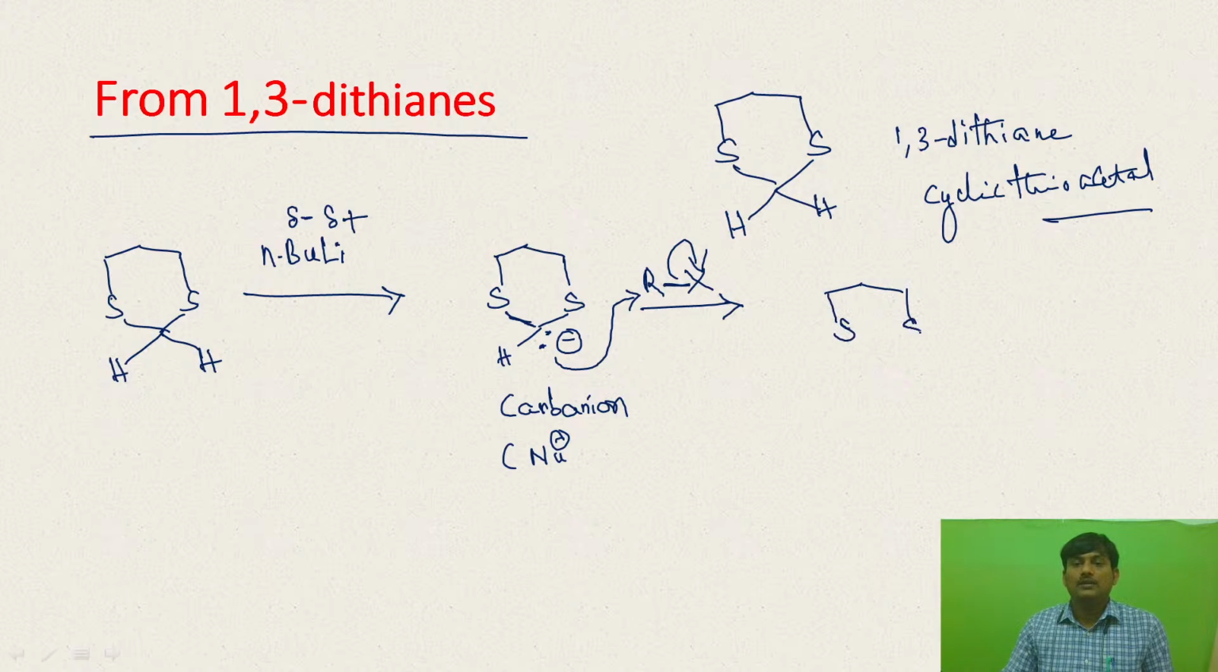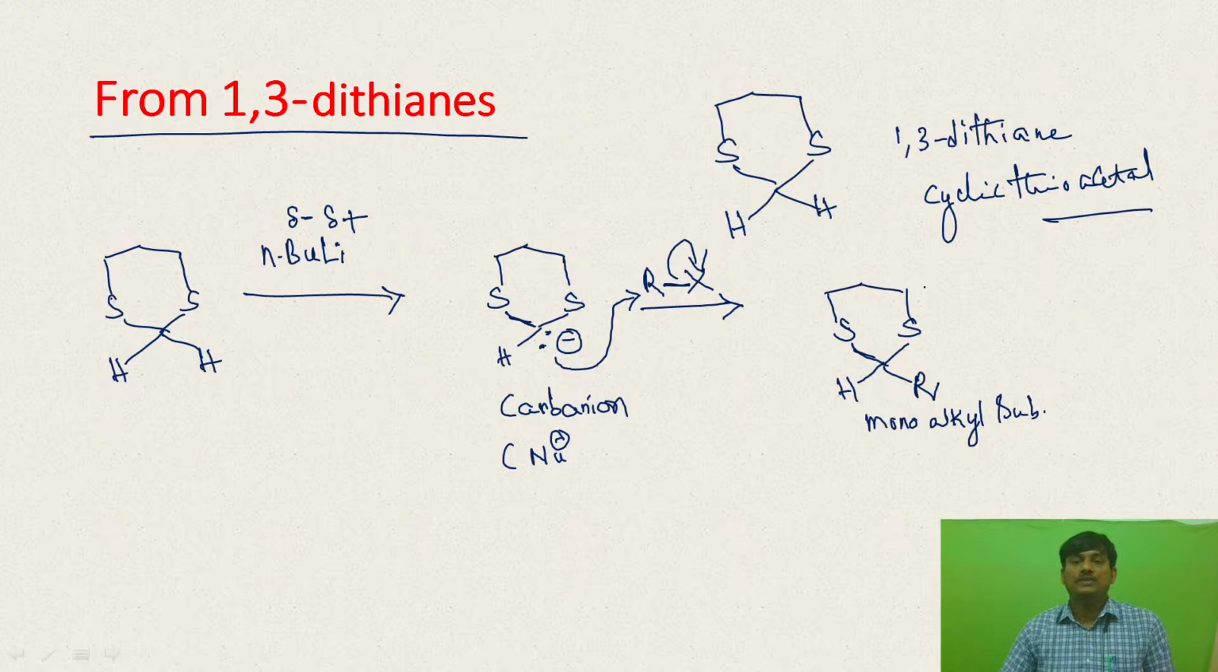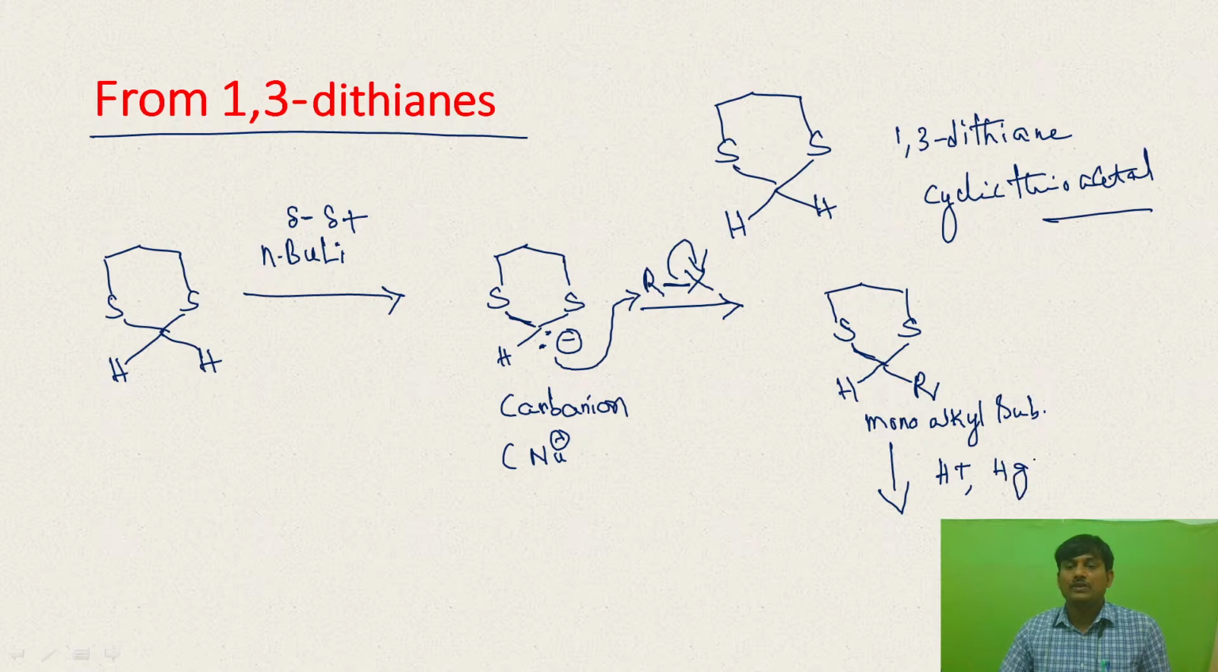So here one of the acidic protons will be replaced by the alkyl group. This one is monosubstituted, alkyl substituted 1,3-dithiane. If you hydrolyze the alkyl substituted dithiane in presence of acidic mercuric chloride, upon acidic hydrolysis in presence of mercuric chloride,